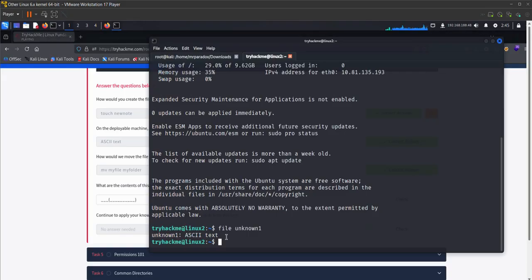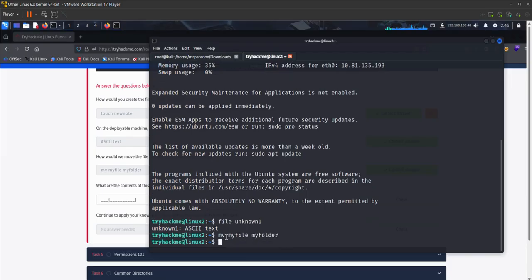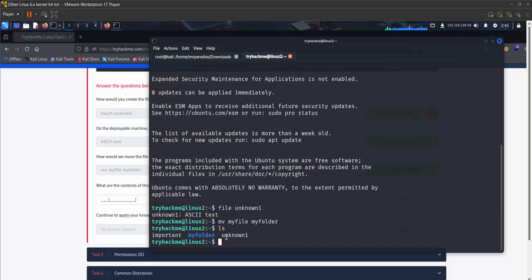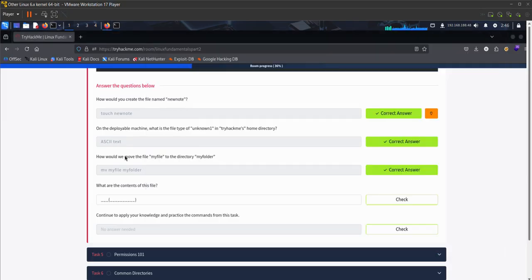And I want to display it. Okay, what are the contents of this file?